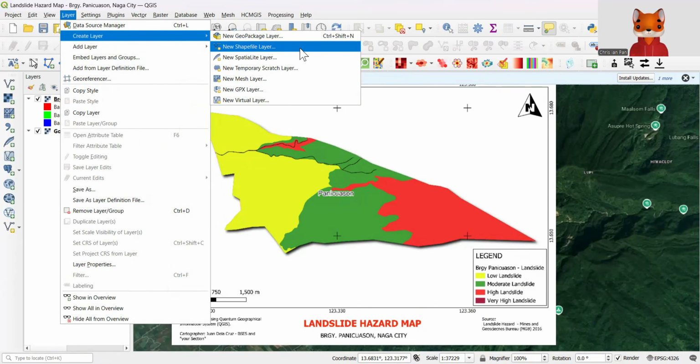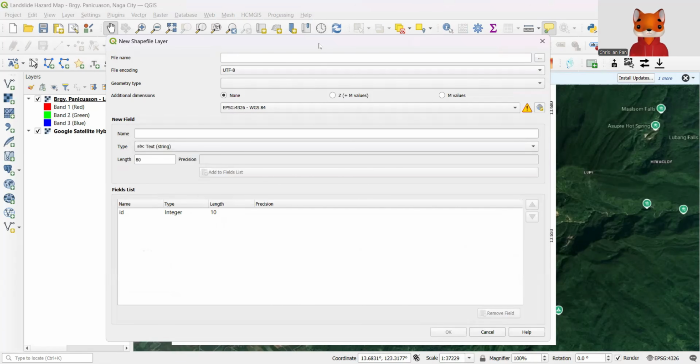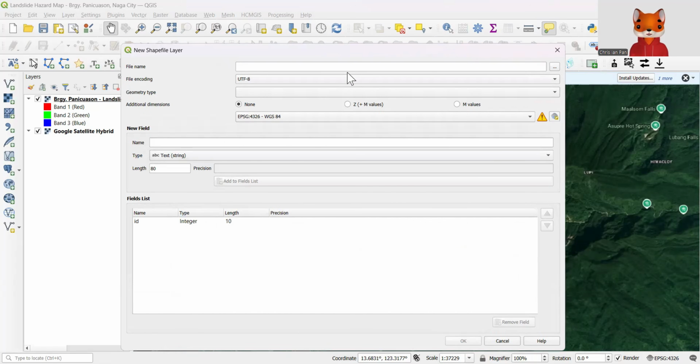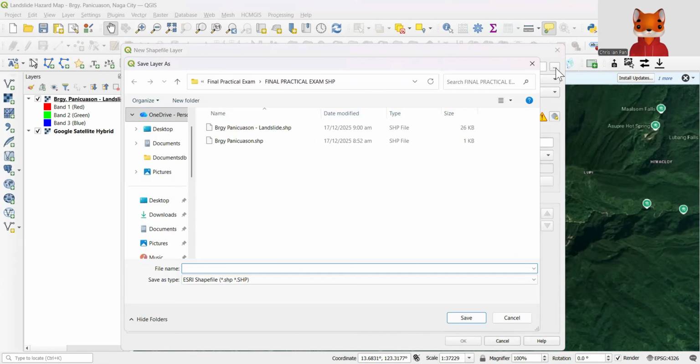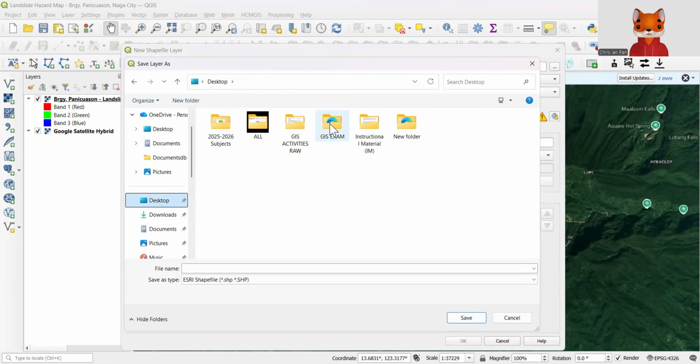When you select that, this window, new shapefile layer, will show. Under file name, on the upper right, there are three dots. You can browse. Select that and browse your folder. Again, all your data should be arranged and organized in one folder. I will be saving my file under the GIS exam.